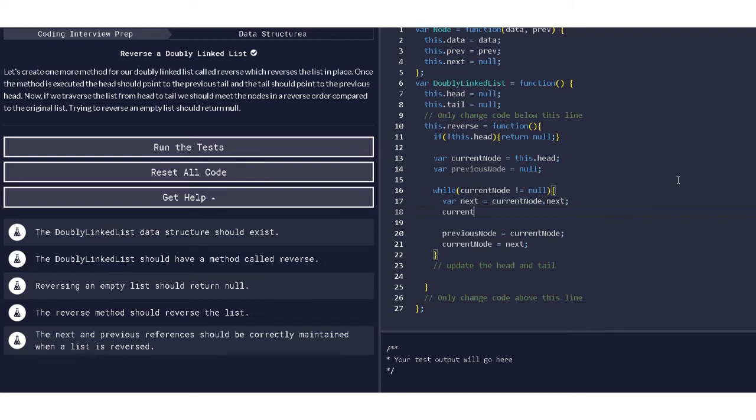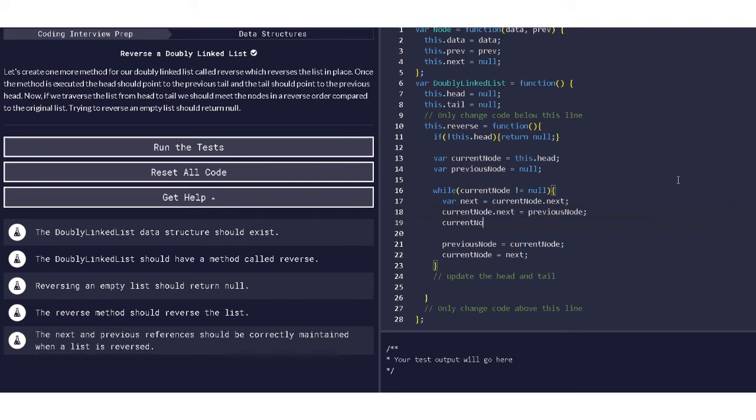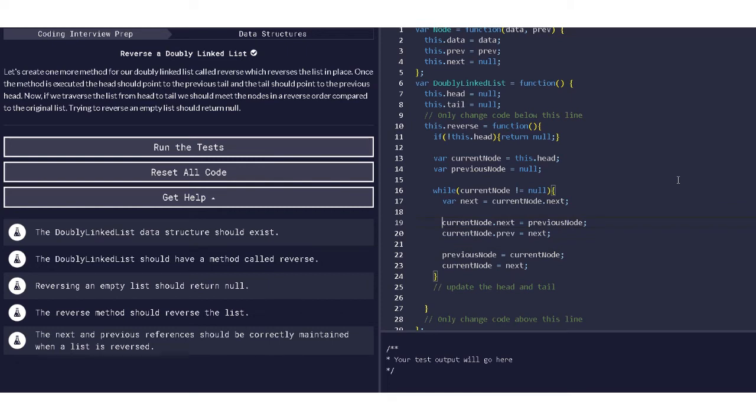So current node dot next will be pointing to the previous node, and then current node dot prev will be pointing to basically the next node. So that's how this is basically reversing the arrow. So dot next will be pointing to the previous node, and then the previous link will be pointing to the next node, which is